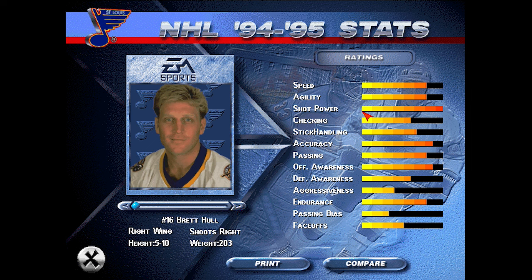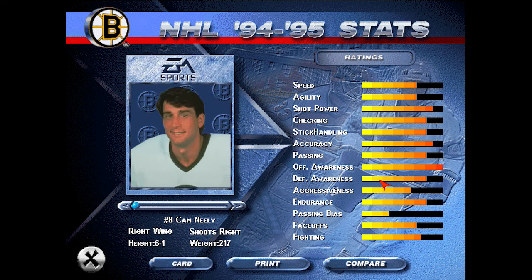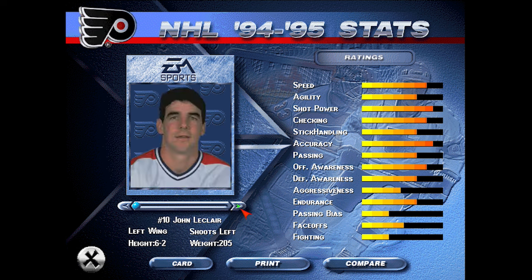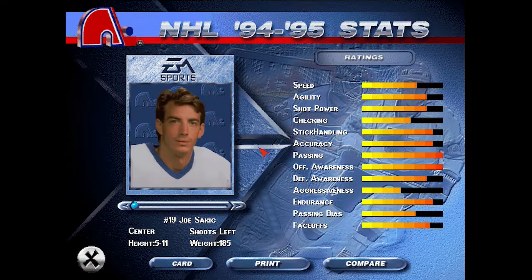What you can compare now to regular games is that they don't go through this much detail. When was the last time you saw a game where you could see the hockey card of the player and then just his file photo? I've never seen that other than this game. I've never seen the detail of going back into their stats. Maybe you can prove me wrong on that, but as far as just the simple presentation here, as long as this was updated to a modern game with modern graphics, the text obviously is really old looking,